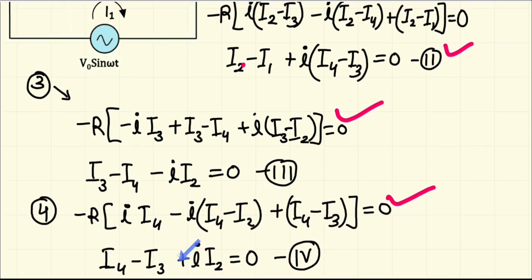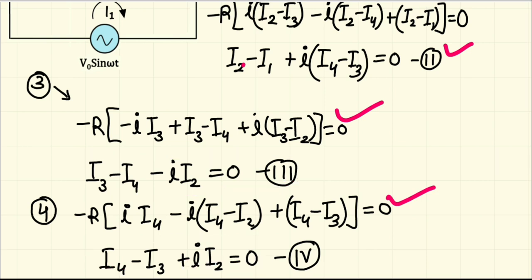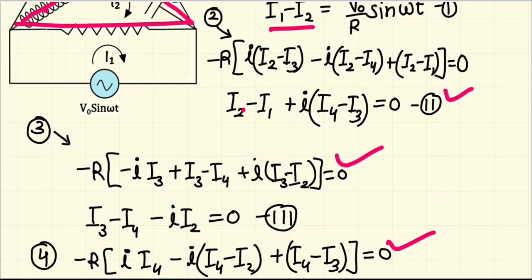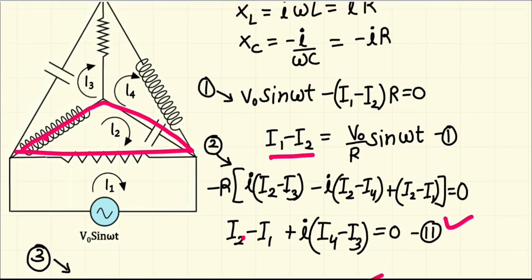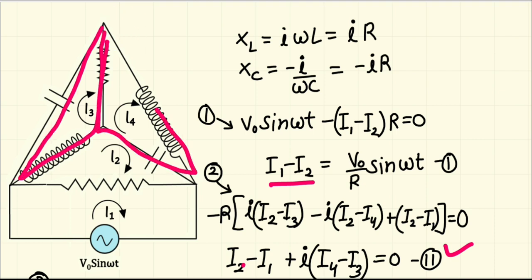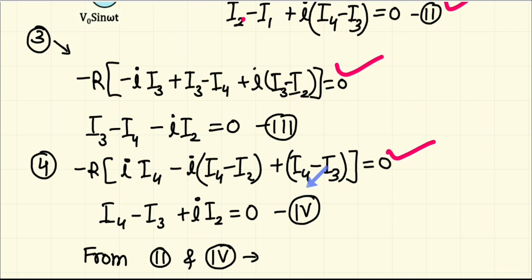Actually, in the third loop and in the fourth loop, if you see clearly, these equations come out the same. Here it is I3 minus I4, here it is I4 minus I3, here it is minus and plus. So these are identical equations. So this was a wasted effort, but it was to show you why the equations are identical, because we had already seen that there is a symmetry between the third and fourth loops. So of course the results are going to be the same, right? So now what? We have got three useful equations. The fourth equation is of course identical to the third one.